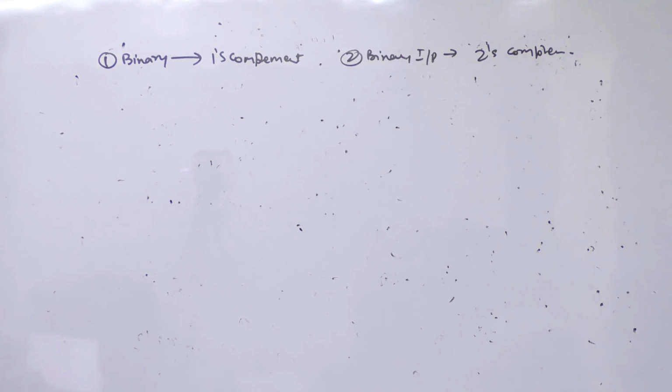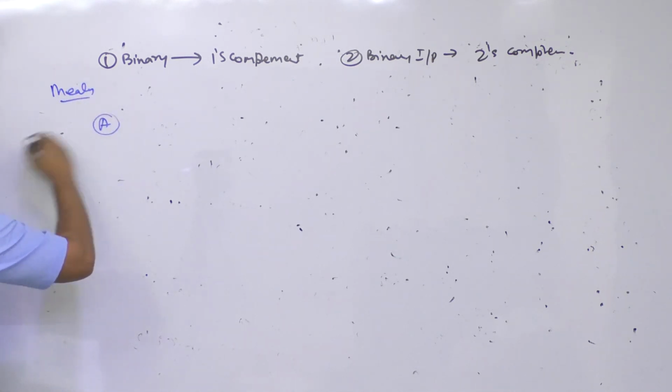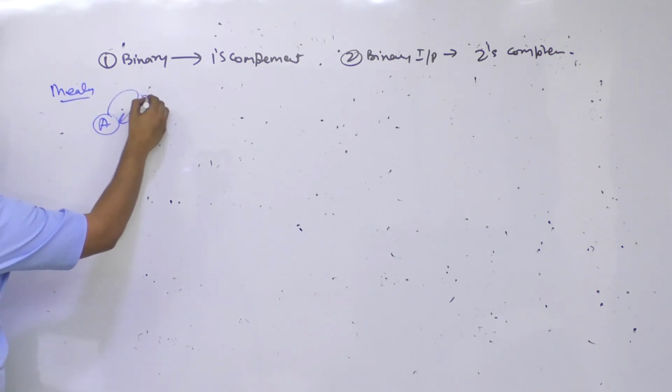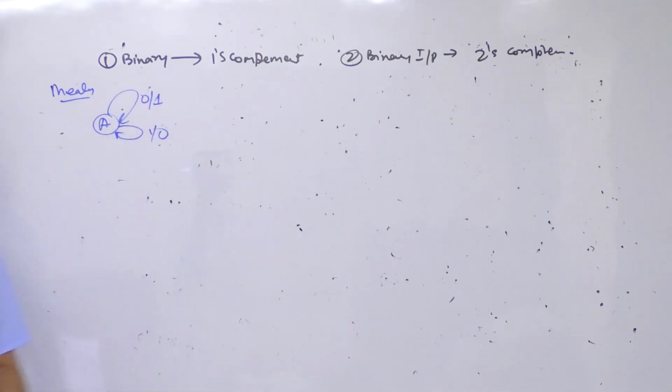I hope all of you can easily do the first case. There is no problem in the first case, it is very easy. So what do we have to do in the first case? In case of a Mealy machine, this is the initial state A. If you get an input 0, change it to 1. If you get an input 1, change it to 0. That's it. Very easy. Okay,